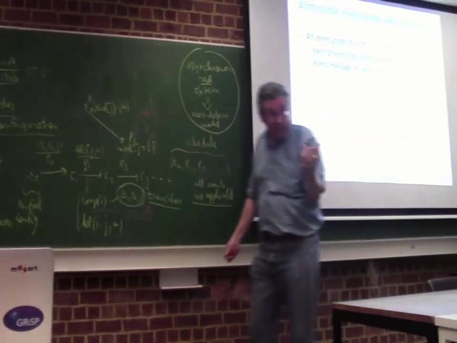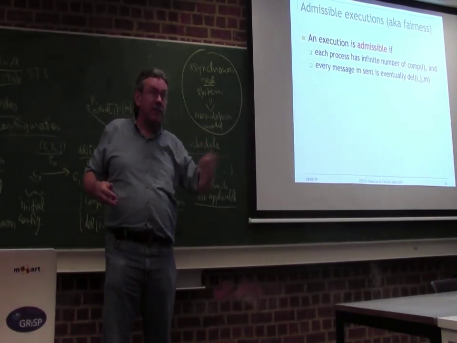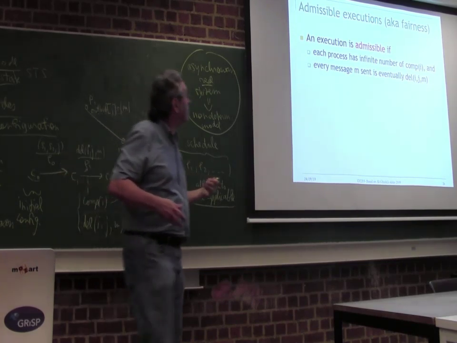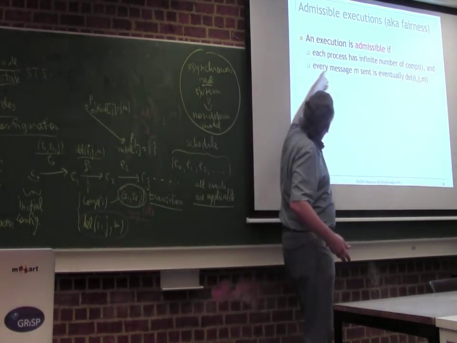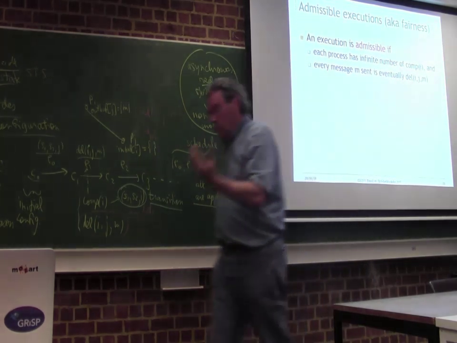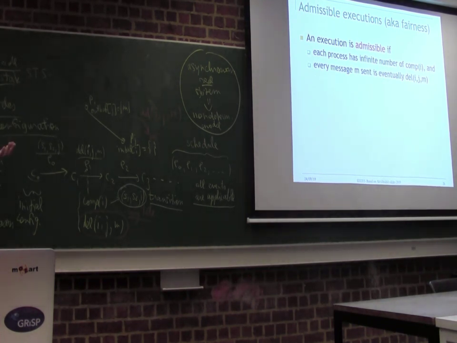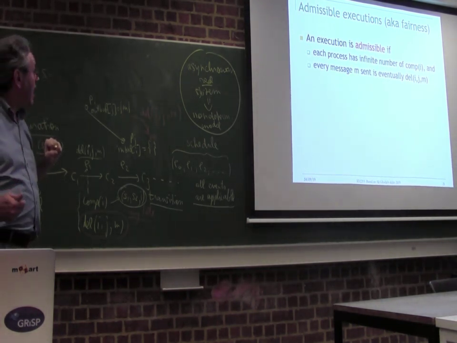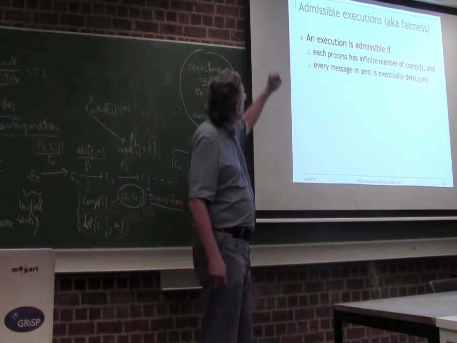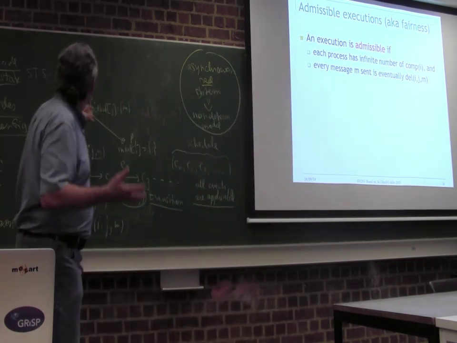So that's the fairness that you know of a concurrent system. Each thread, the scheduler has to give it an infinite number of steps. So it can't let it starve. But we have an extra property here. Each message sent is eventually delivered. So we have the notion of fairness. We have generalized it a little bit for concurrent systems. And in distributed systems, fairness is called admissibility. It's called admissible. Why is it like that? Well, that's the terminology, okay?